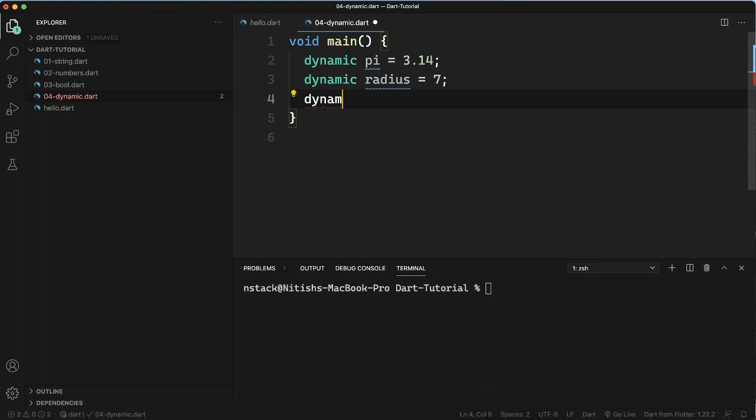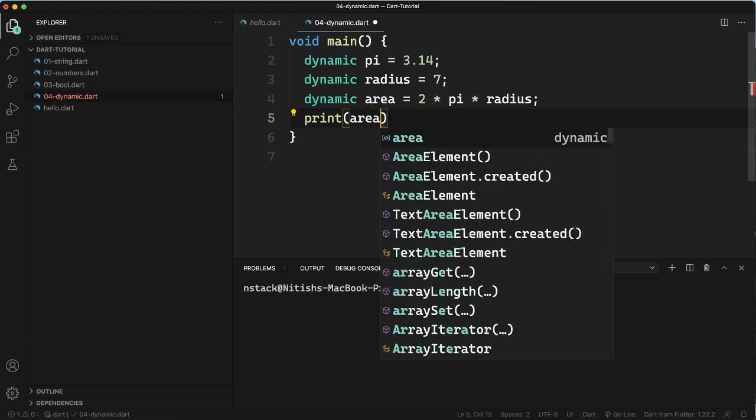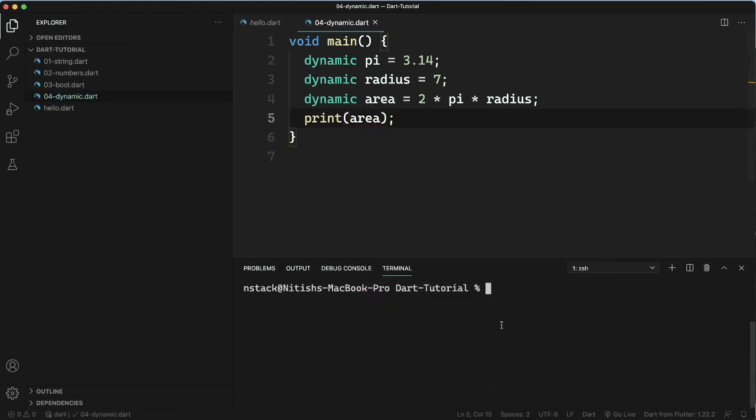So for that, dynamic area, what is the formula for calculating the area? 2 into pi into radius. So this is how we find the area of a circle. So now if I print it, let's see if it works. I will talk about why I did this, but give me a moment and let's see if it works. So you see I got the answer and this is correct.